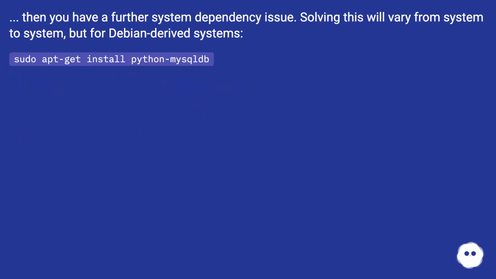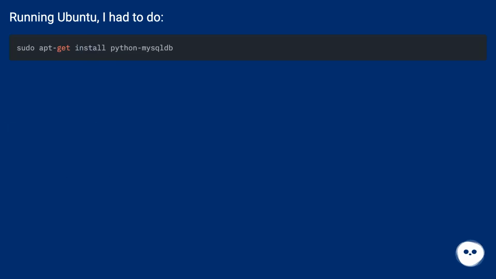then you have a further system dependency issue. Solving this will vary from system to system, but for Debian-derived systems, sudo apt-get install python-mysqldb. Running Ubuntu, I had to do: